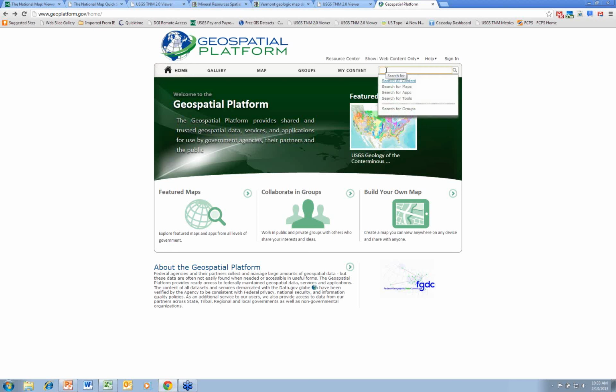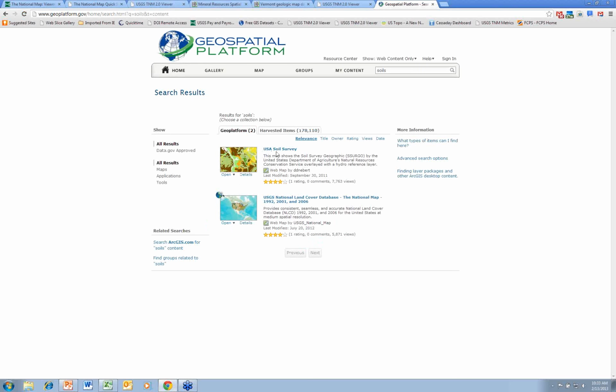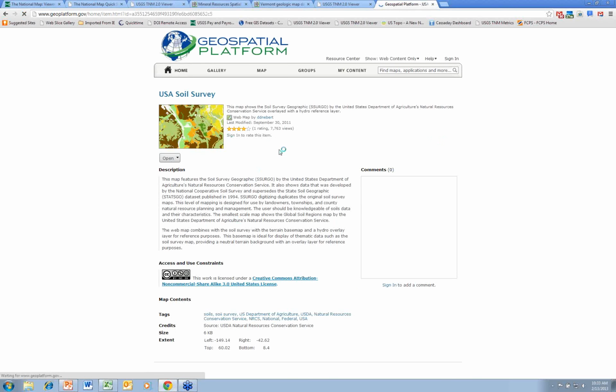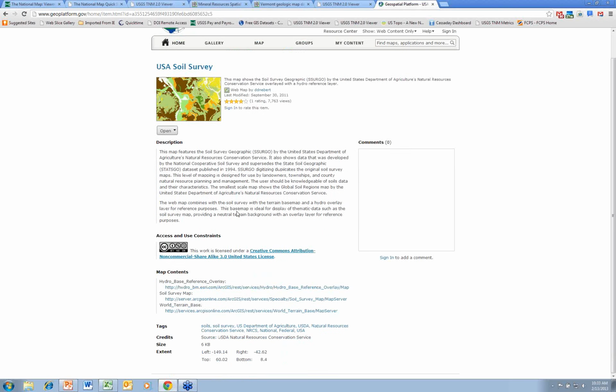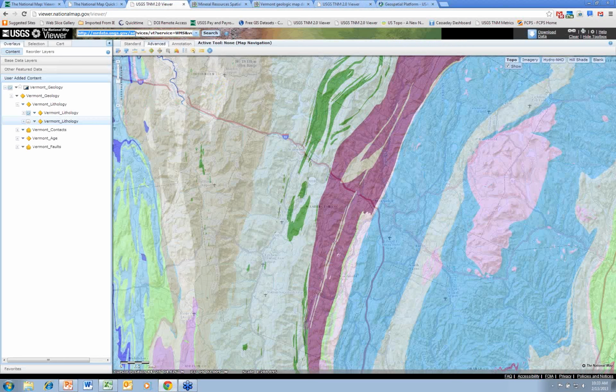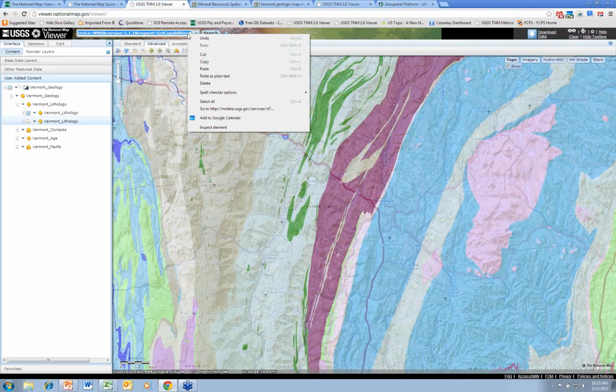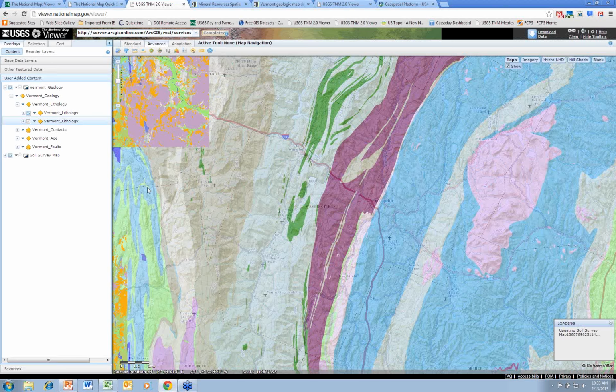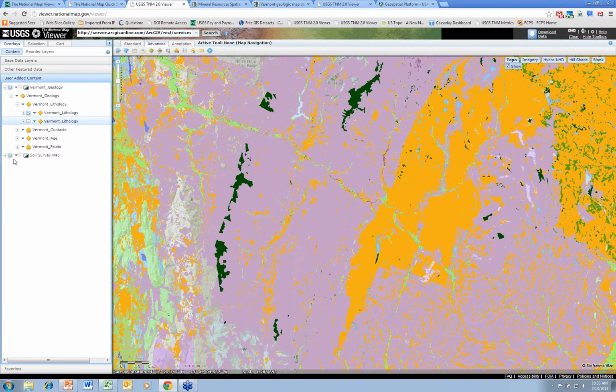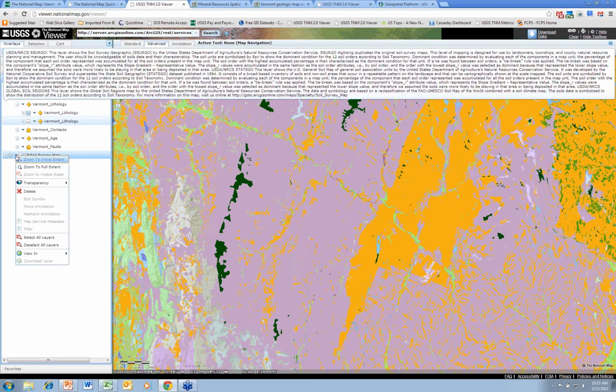I'll just use an example here. If I look for soils, I could come across a soil survey from SSURGO, and I could come down here and grab this URL, and in this case it's a REST service URL. I copy it, go back to the viewer here, and I can add this one in as well. So just quickly showing you some ideas of how you can mash up with services outside,